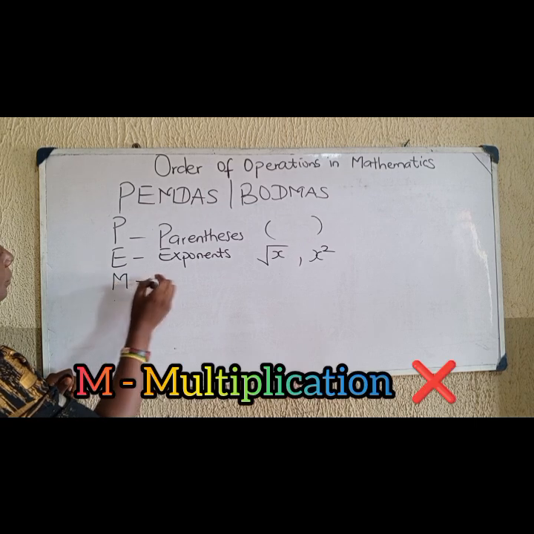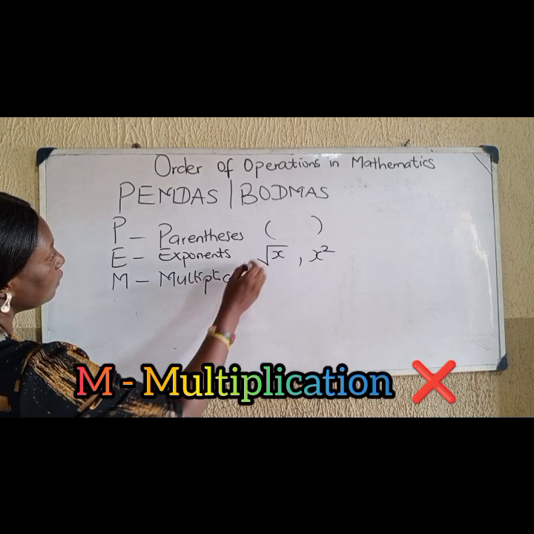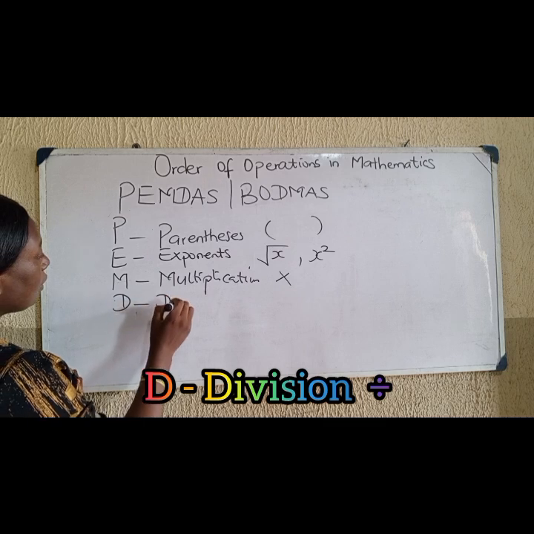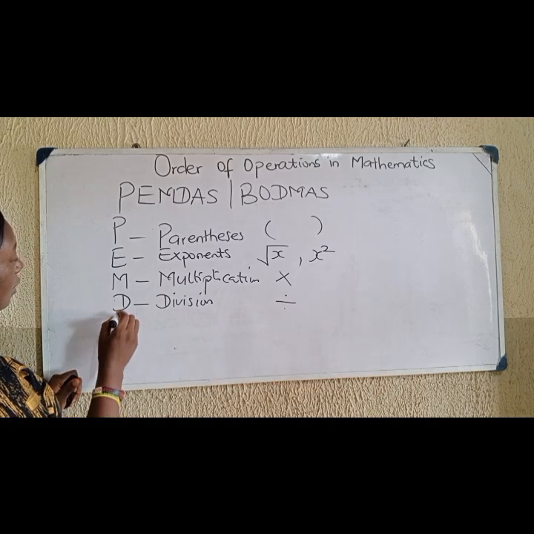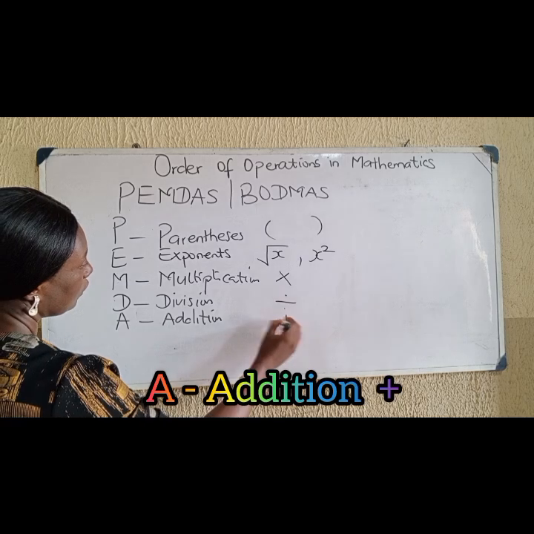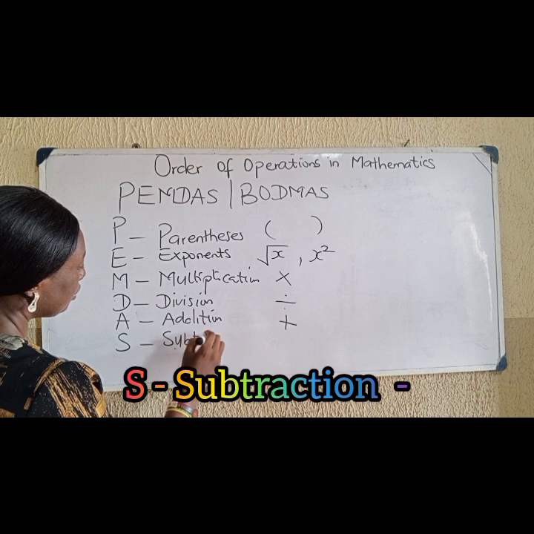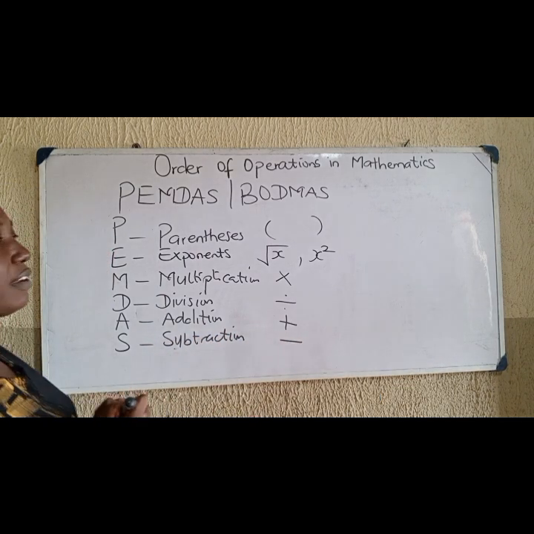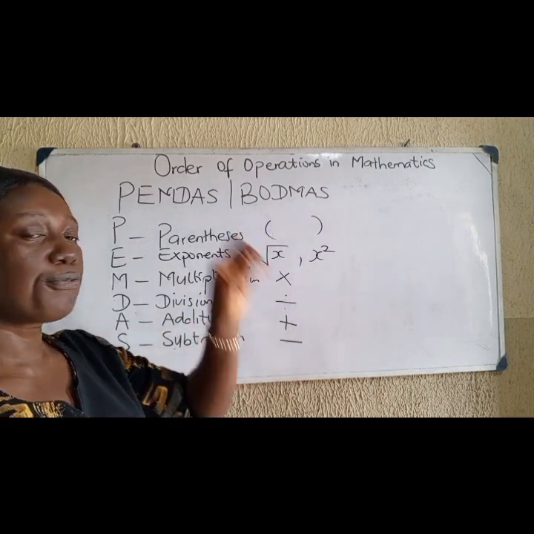Then I have M. M stands for what? Multiplication. Look at the sign. Then D, division. Look at the sign. Then A stands for addition. Look at the sign. And S stands for what? Subtraction. Look at the sign. So when you have an expression that contains all these operations, you have to follow an